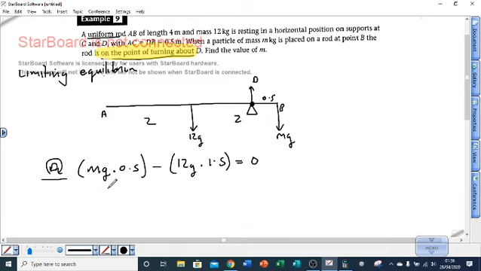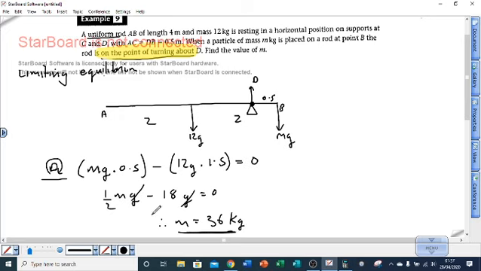So working this out, I end up with 0.5 mg minus 1 times that is 12, half that is 6, so it is 18g is equal to 0. Get rid of the g's and we'll replace that with a half, and you can see that I end up with 2 times that gives you, therefore the mass must equal 36, and mass is measured in kilograms, so